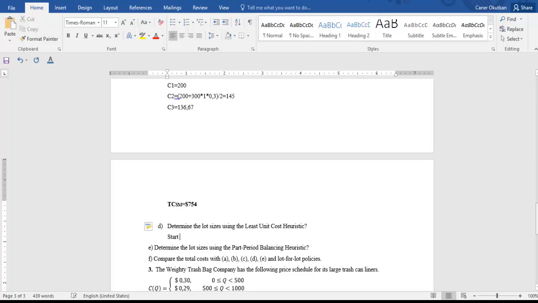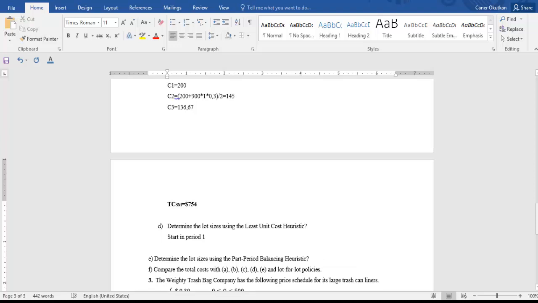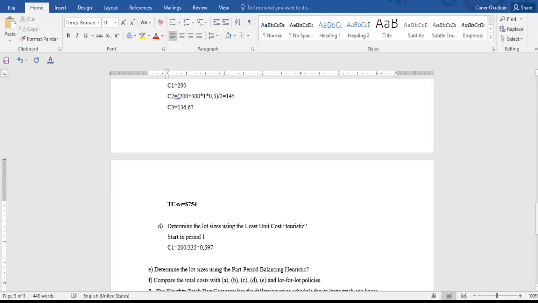Start in period 1, again cost 1 equals 200, but here divided by not 1, divided by requirements, so we find 0.597,